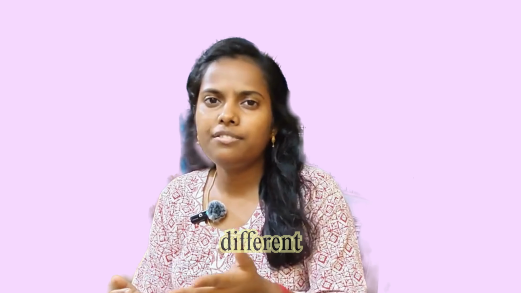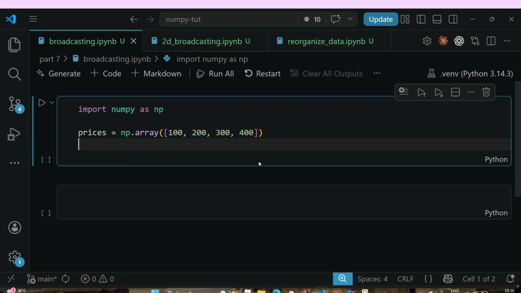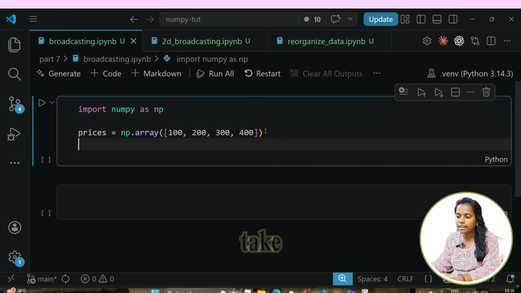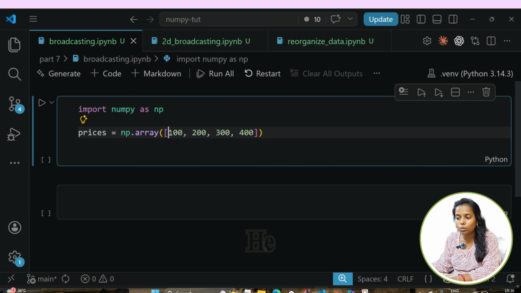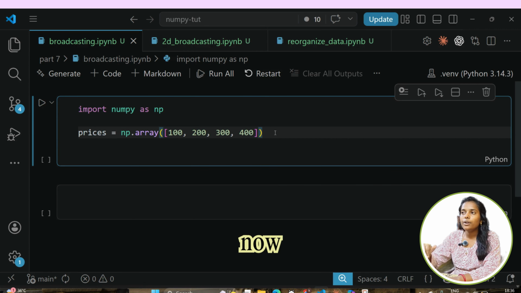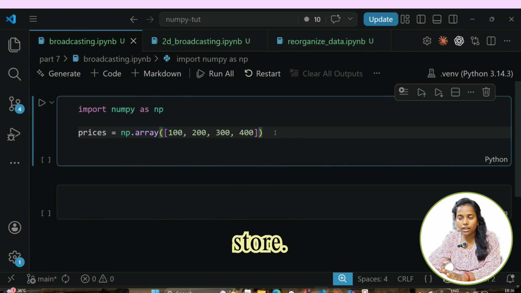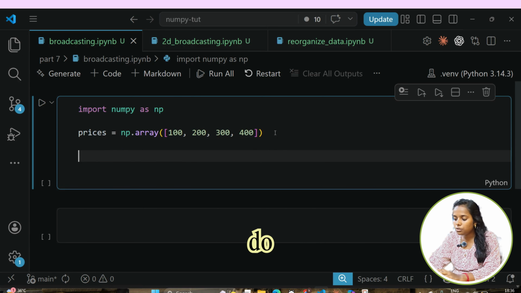Take a store manager who is selling different kinds of products at different prices. Let's say this is the amount. He's selling one product for 100, another for 200, another for 400, and so on. Now he wants to give a discount to each product in his store. To do that,